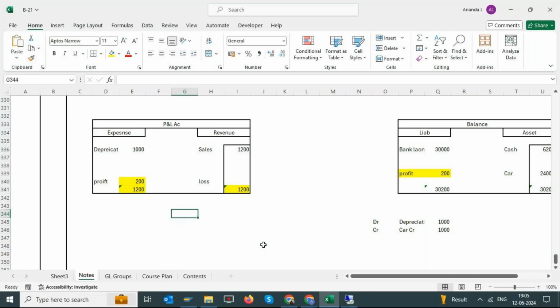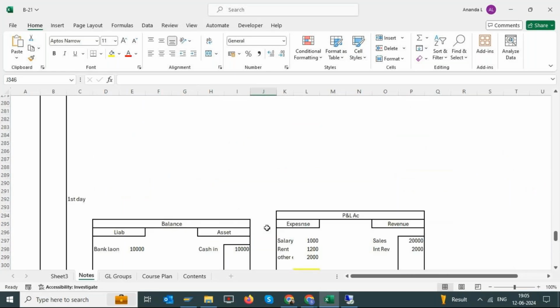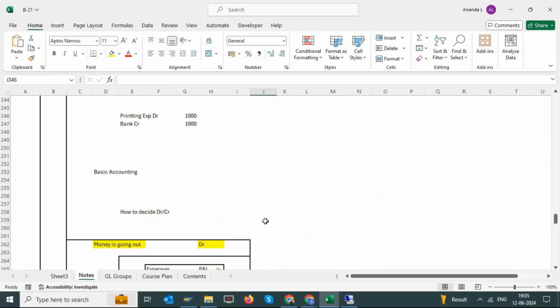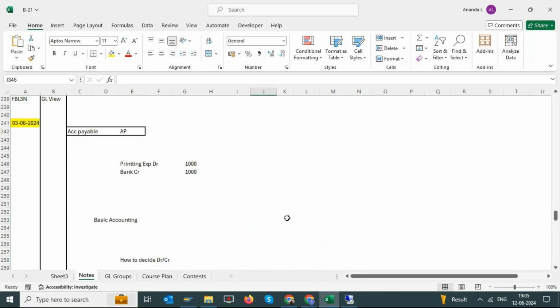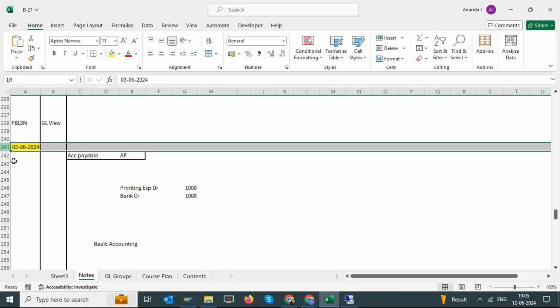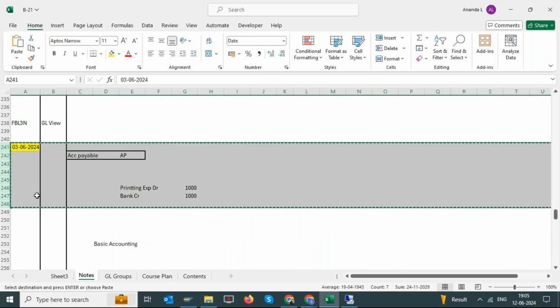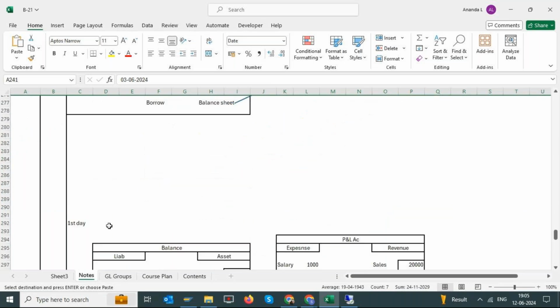We had stopped it actually when we started accounts payable. You had some doubts with basic accounting and all, so we had stopped it at the time. Okay. So now I'm going to continue that accounts payable. What we had done,